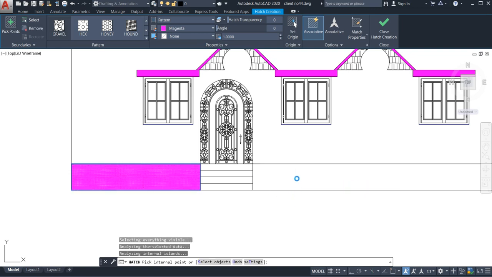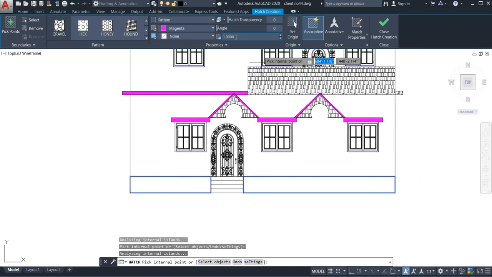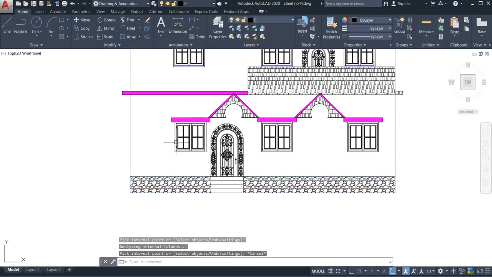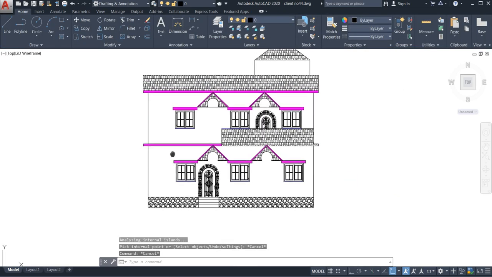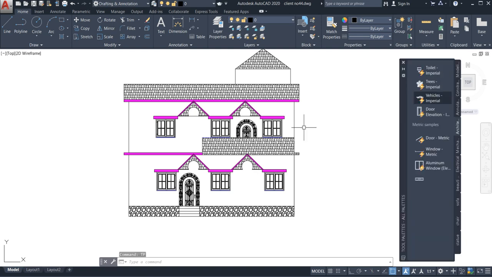Now you can see it's in pink, right? So I will tell you, go to 12, enter it. See how this pink looks. Now I need to go for the layer. Now your plan is ready. Now the main thing I need to tell you, I hope you have learned this one more thing. After that, go for tool palette, enter it. The main and major thing would be here.